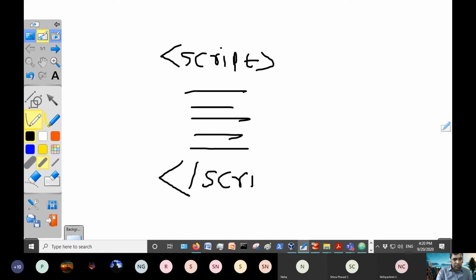That means your browser will come to know there is a JavaScript program, there is a scripting language here, and it needs to execute it. All this code is executed by the JavaScript interpreter within the browser. So who executes your JavaScript? Not your Apache server.